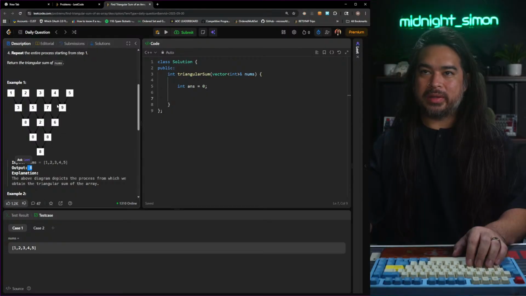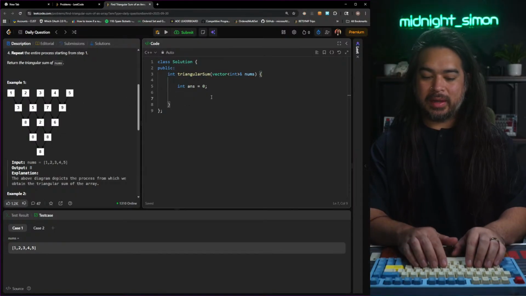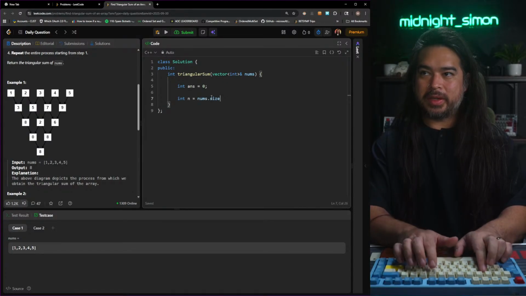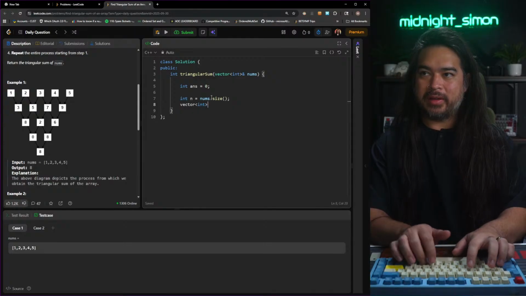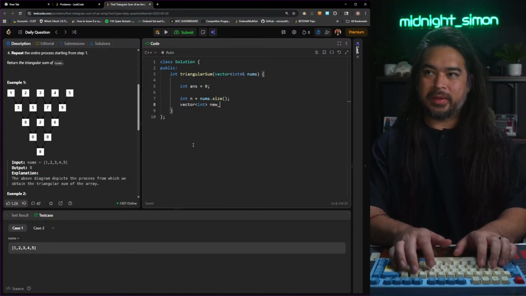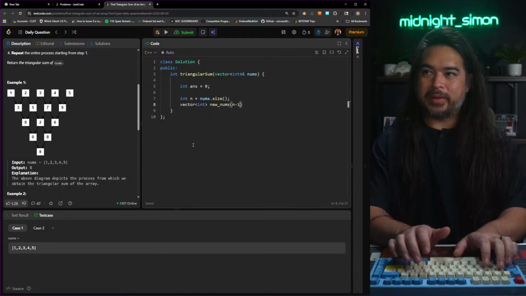Do I say n is nums size? I have to make my vector the new nums of size n minus 1,